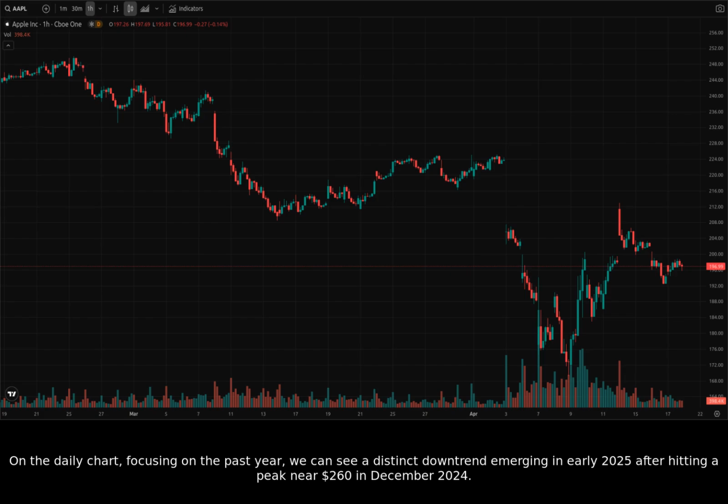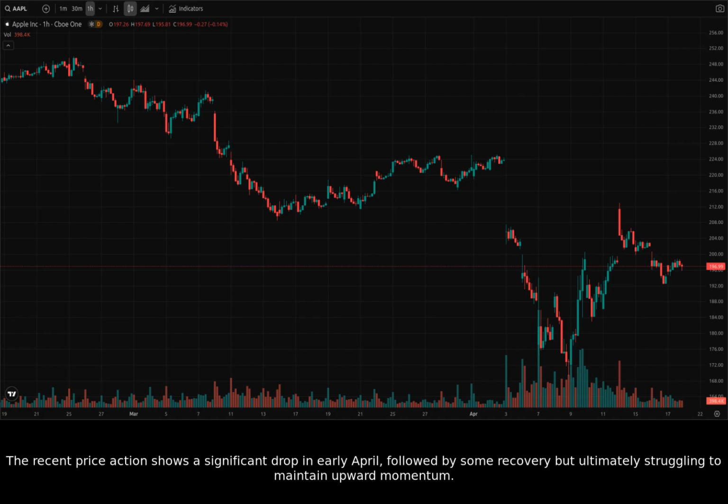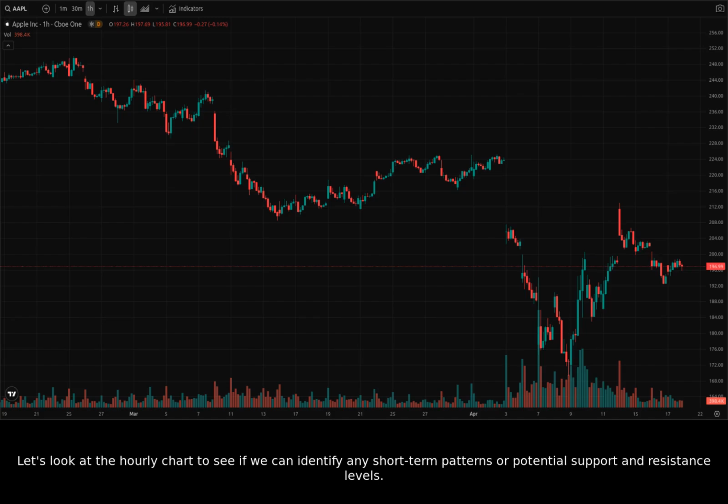On the daily chart, focusing on the past year, we can see a distinct downtrend emerging in early 2025 after hitting a peak near $260 in December 2024. The recent price action shows a significant drop in early April, followed by some recovery, but ultimately struggling to maintain upward momentum. Let's look at the hourly chart to see if we can identify any short-term patterns or potential support